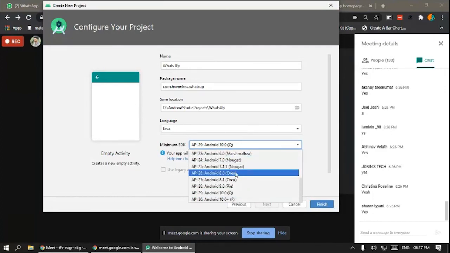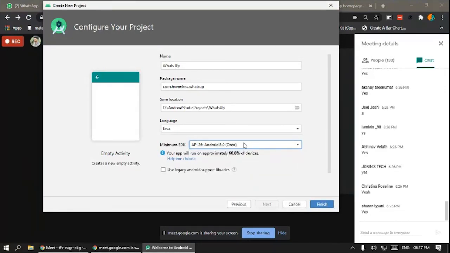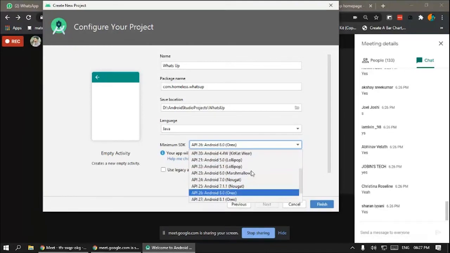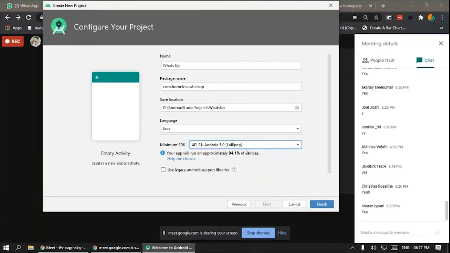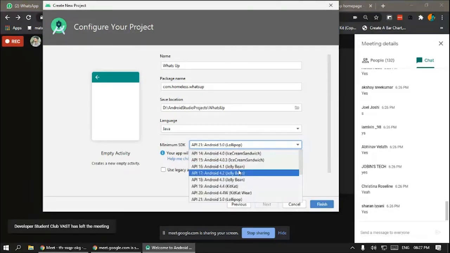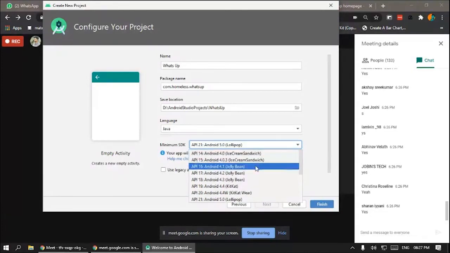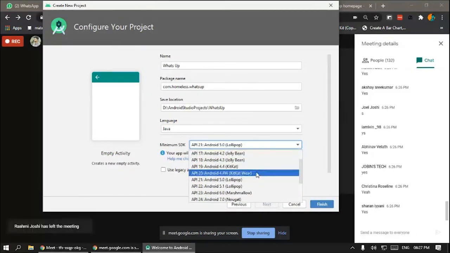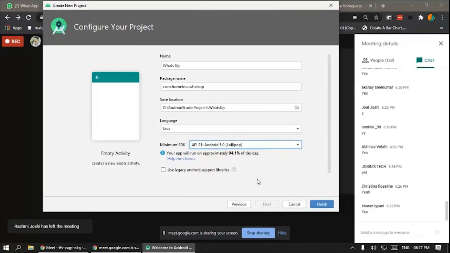And if I go back to Oreo, 60% of devices, but I want my app accessible to everyone. So I will choose Lollipop, and that's the lowest I can go, because before that we have Ice Cream Sandwich that is almost forgotten, Jelly Bean, KitKat, Lollipop, and I think we are pretty much good to go with Lollipop. The next option is use legacy Android support libraries.